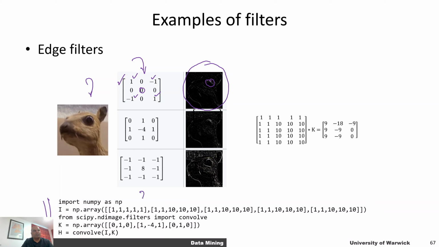All you need to do is to specify a given input image and the corresponding kernel matrix, and use this convolve operation from this, and you're going to get an output, right? So if you convolve this input image with this one, you're going to get these edges. If you use this particular filter, you're going to get these edges. If you change the filter, you're going to get other edges. So these filters can be very useful ways of extracting information out of an image. In this case, we use some precise filters that are already known to us. These are called edge filters to identify these edges, but there can be other operations you can perform on an